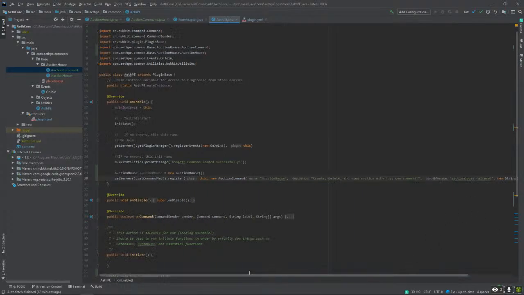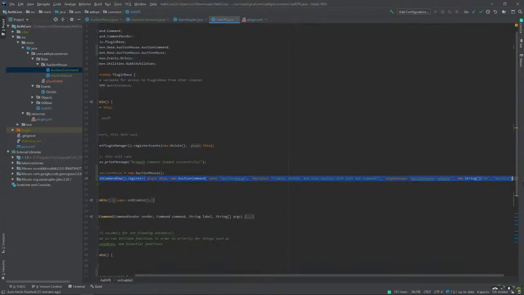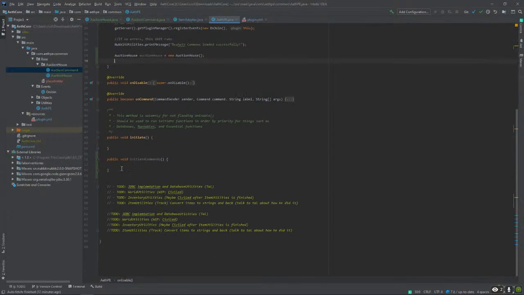All right. So let me just use this to copy that and then initiate the commands. Oh, shit.